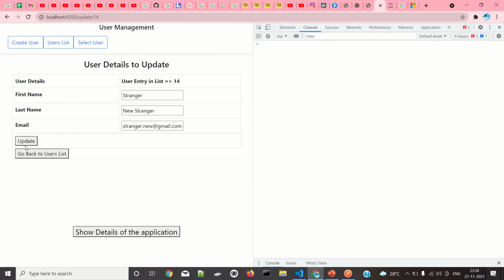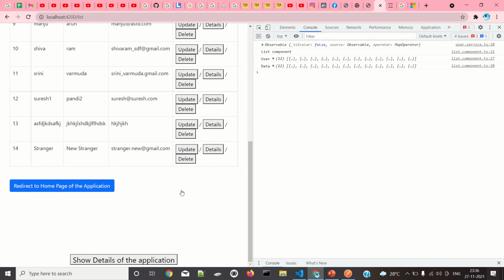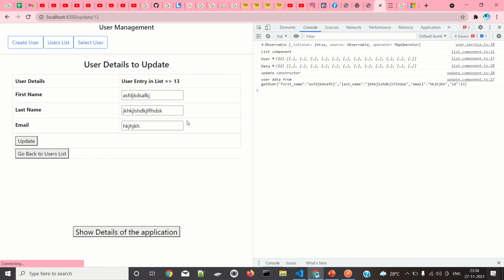For example, I'll go to the user data and go to this particular id. If you see here, this is the data already present.